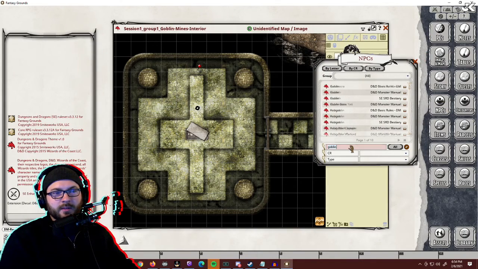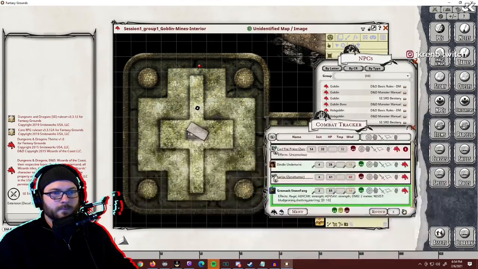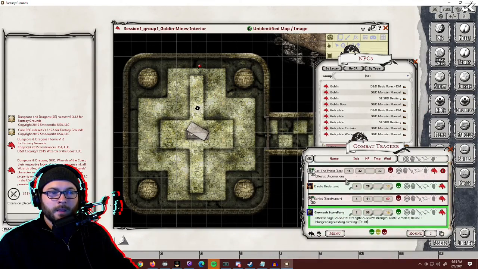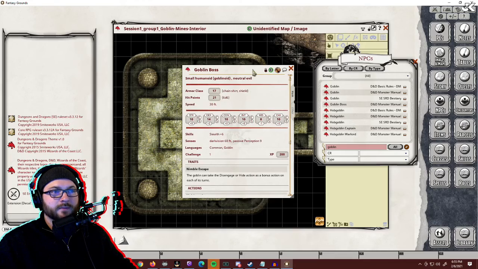So goblin, I'm looking for a goblin boss, right? So this is a goblin boss I would like to use. So the fight that was here, I prep up an encounter. Anyway, so what I do is I set up the encounter so that way everybody can fight. I don't want to get rid of those. So we're going to just show the tokens because I got to keep that for next session.